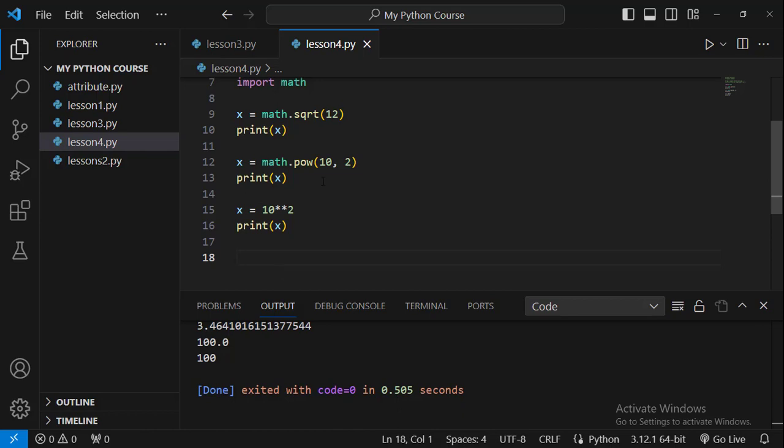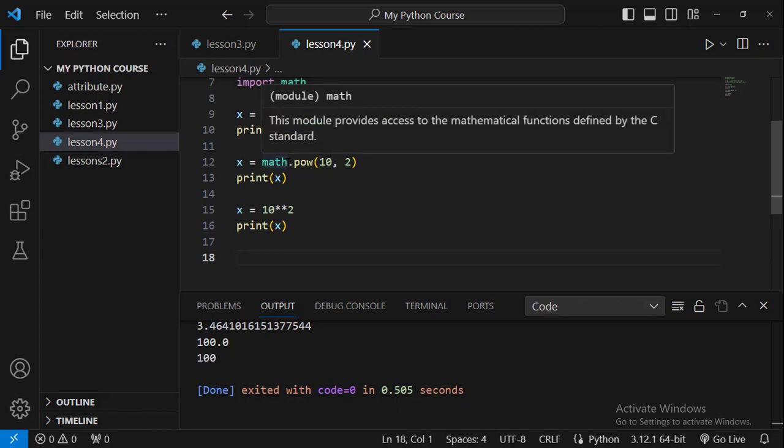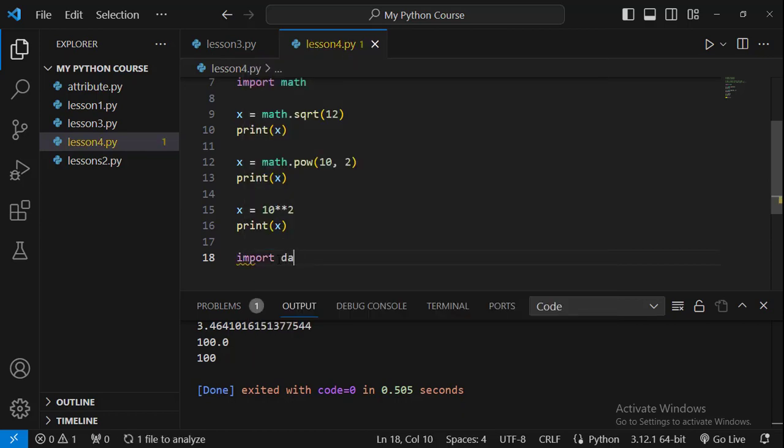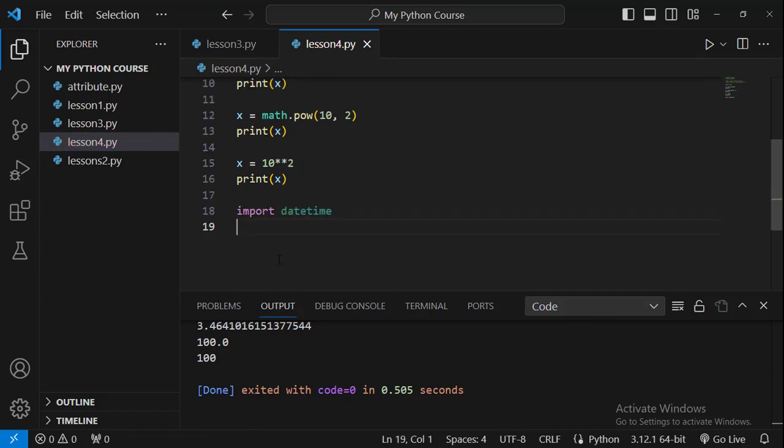So these are functions I create for myself. But there are also what we call the standard libraries, of which one example is math here. It is found in Python store. So those ones are what we call the standard libraries. Let's look at another standard library. I'm going to import datetime. Datetime is a Python standard library that helps us to know the actual date and time that